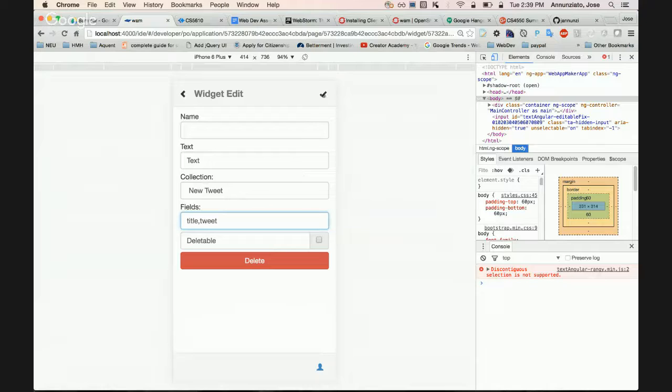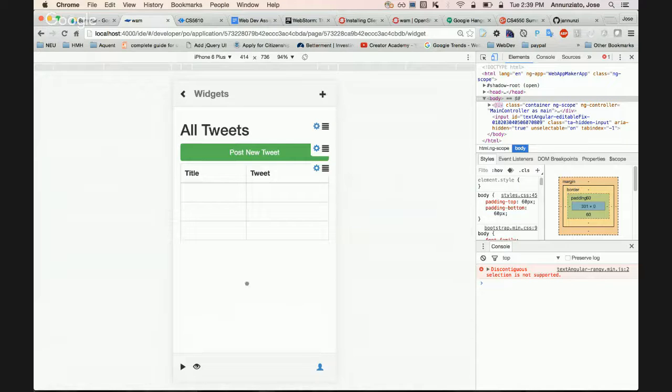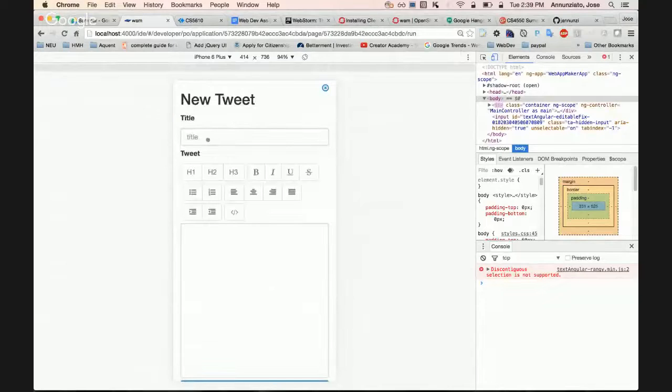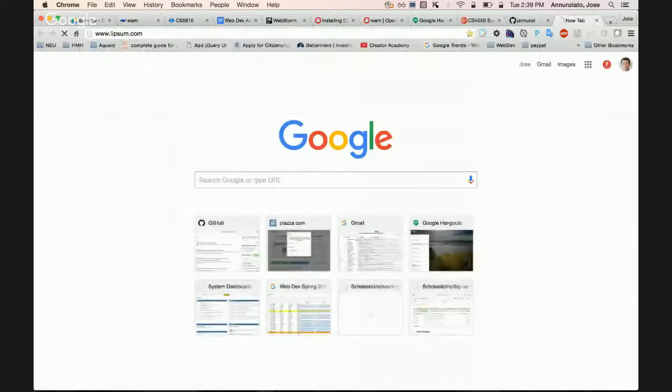Okay. And if I say okay, right, creates this data table, right? So that if I run this now, right, and I say new post, I can say my new tweet, and we can copy here maybe something from lorem ipsum.